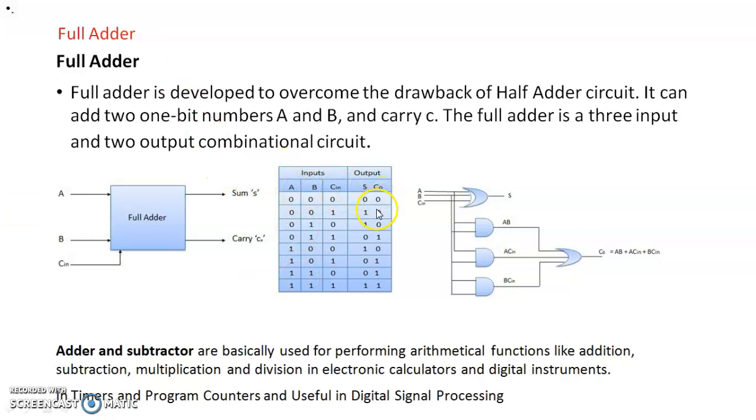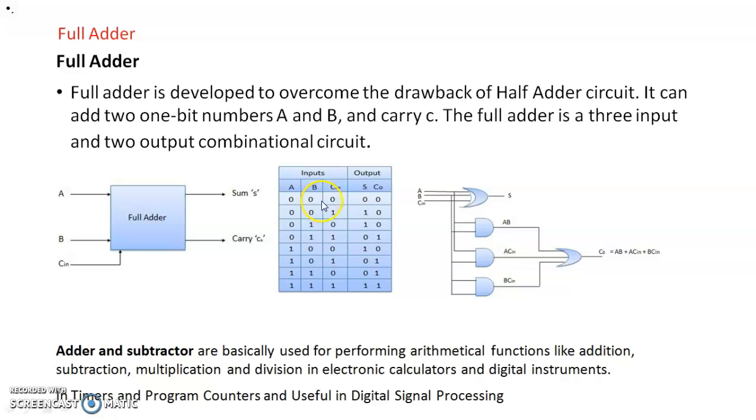So in this truth table, in truth table means from input you will get the output, that is called as truth table. Here A, B, C in are the inputs and sum and carry are the outputs. So for 3-bit numbers, 2 raised to 3 is equal to 8. So you have to take the inputs from 0 to 7. So inputs are here 0, 0, 0, 0, 0, 1, 0, 1, 0, 0, 1, 1, 1, 0, 0, 1, 0, 1, 1, 1, 0 and 1, 1, 1.